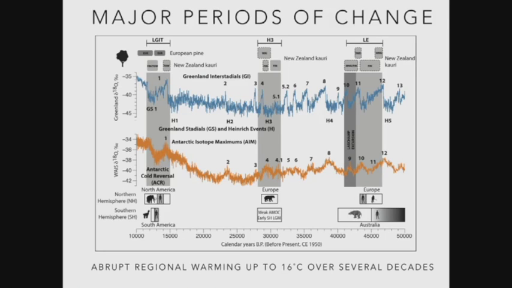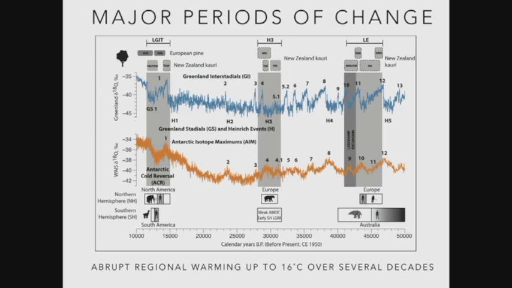The last termination on the far left is one where you've got this extraordinary asynchrony between the north and the south. We've got cooling in the north and warming in the south and vice versa. In the beginning of the last ice age, around Heinrich 3, you've got extraordinarily big changes, with massive releases of ice into the North Atlantic and extinctions in Europe. And then around the Laschamp period, you've also got human arrival in Australia, arguably at the same time in Europe, and we'll have a look at that, and also this whole issue about megafaunal extinction.